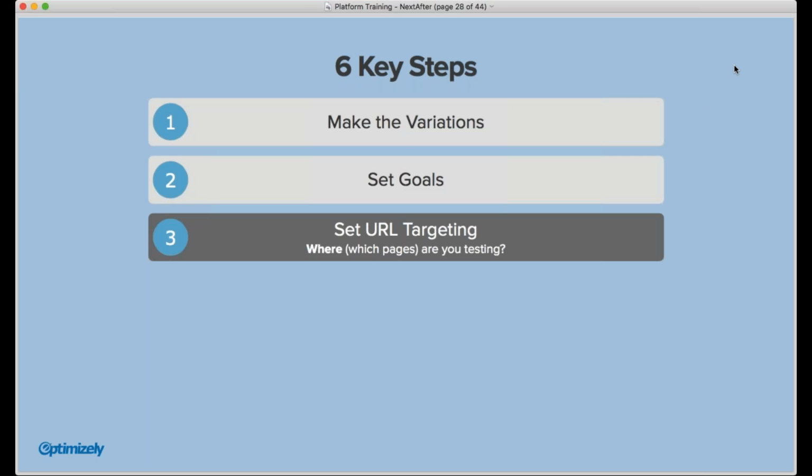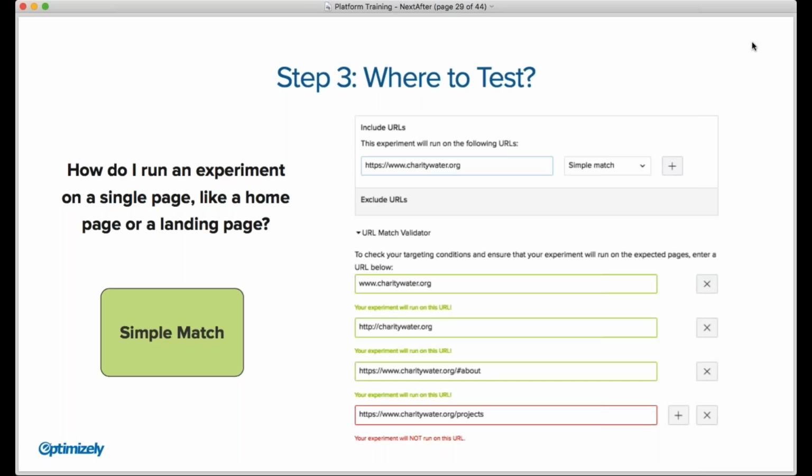Sure. So the next few steps focus on where the experiment should run and who should be included. And so step 3, URL targeting, is which pages this experiment should run on. So I imagine the majority of your experiments will run on a single page. It might be your donations page, a sign-up page, and so for all of these, by default, we will target